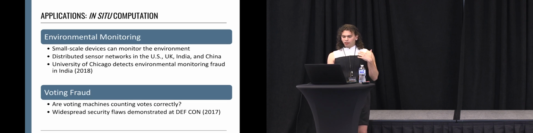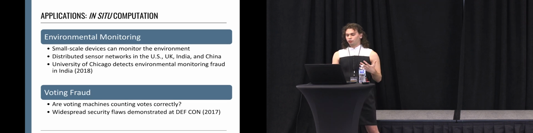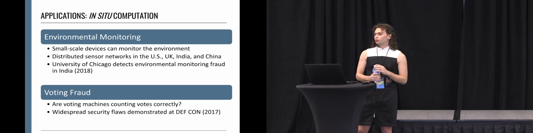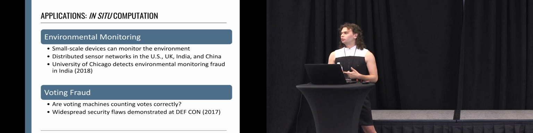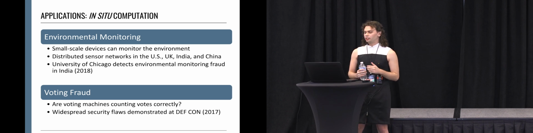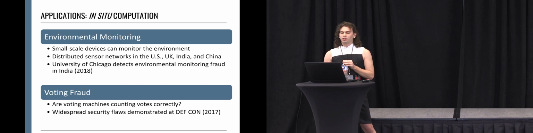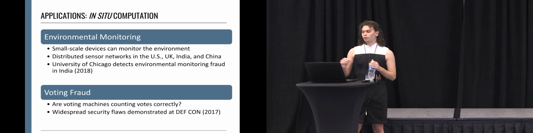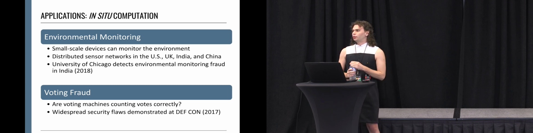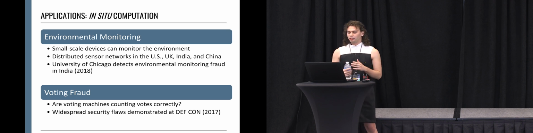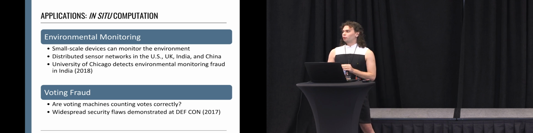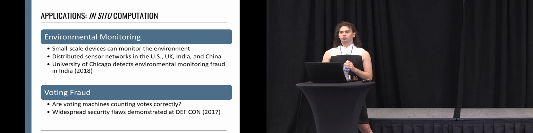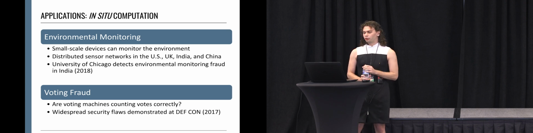So in a variety of different applications, we see issues arising from errors or from sometimes deliberate fraud. For example, in environmental monitoring, there's a lot of small-scale devices that people use to measure pollution, to measure toxins. In 2018, the University of Chicago determined that environmental monitors that had been placed in a river in India were reporting fraudulent information. Not that the government had done anything, but the individual fishermen had been concerned about what would be reported about their activities, and so deliberately modified the devices to report their answers incorrectly.